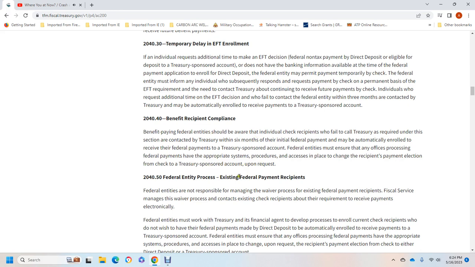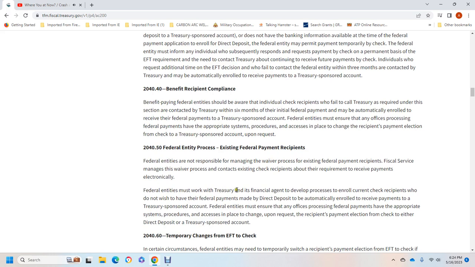2040-50: The federal entity processes the existing federal payment recipients, if they are not responsible for managing the waiver of the existing federal payment recipients. Officials managing the waiver of the contact with the existing recipients, by the requirement to receive the payment of electronic federal entities, must work with the Treasury official agent to develop the process of responding and enrolling the current check